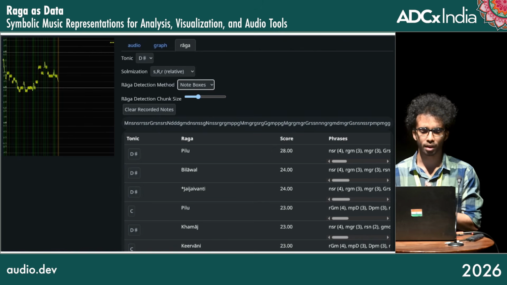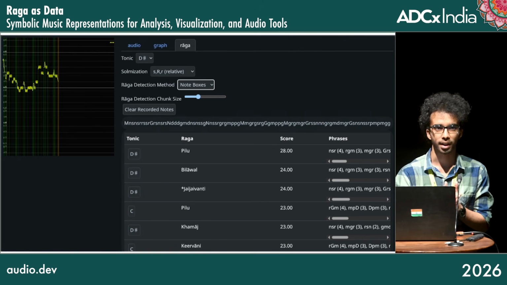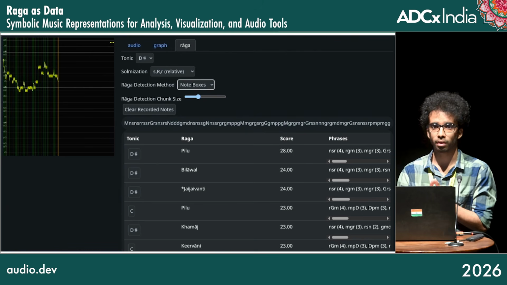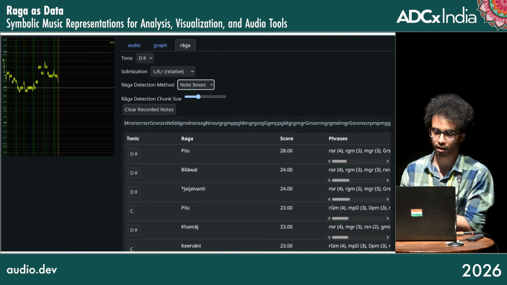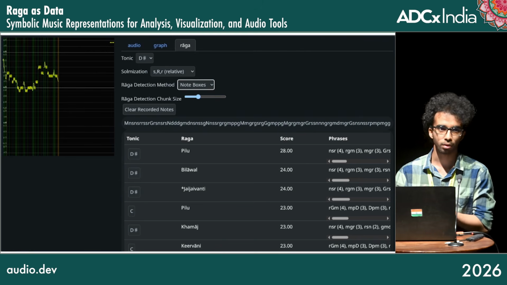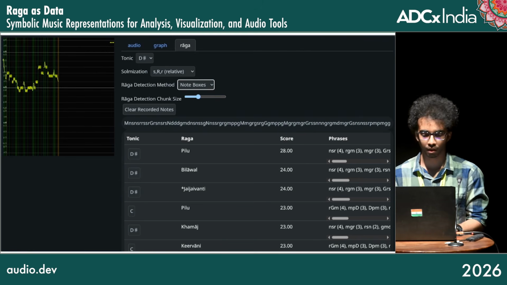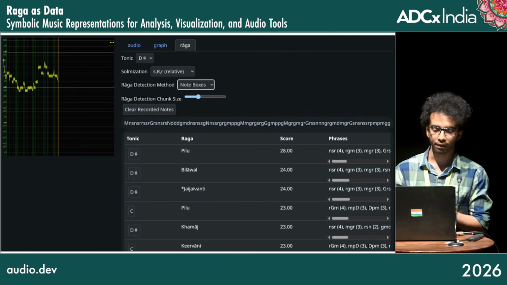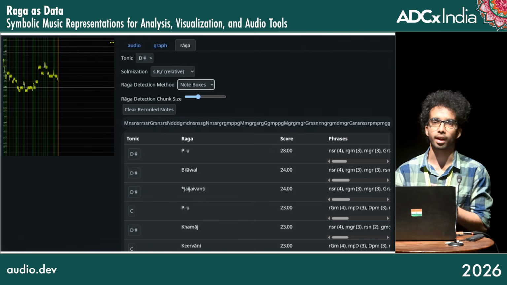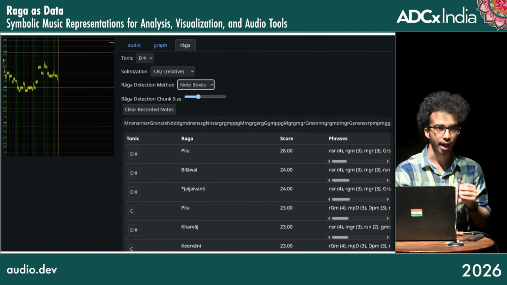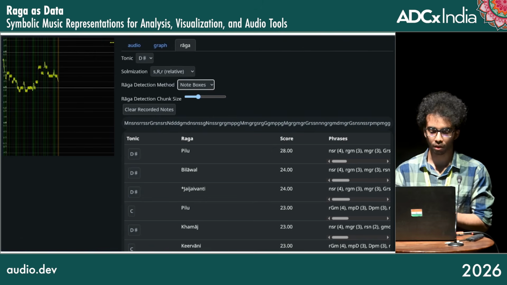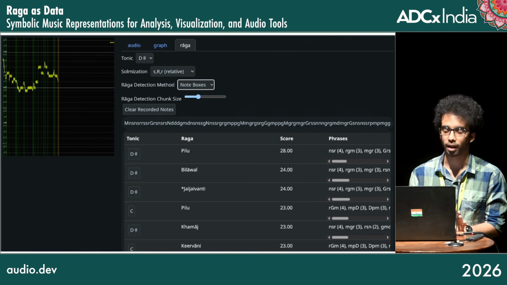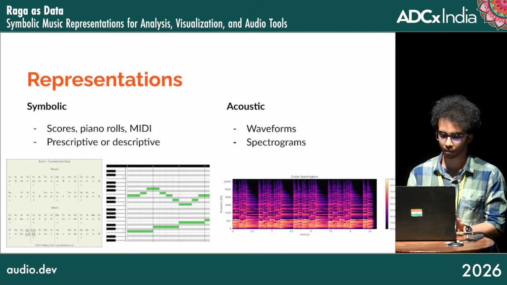And this leads to the first key takeaway that we have, which is audio is expressive, but it does not give you clean structure to do any analysis on unless you do some heavy pre-processing. So the question becomes, can we work with a representation that already has structure instead of trying to infer structure from audio? To answer that, let's look at different representations that we have.